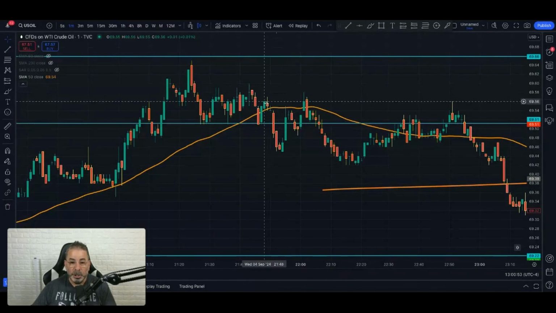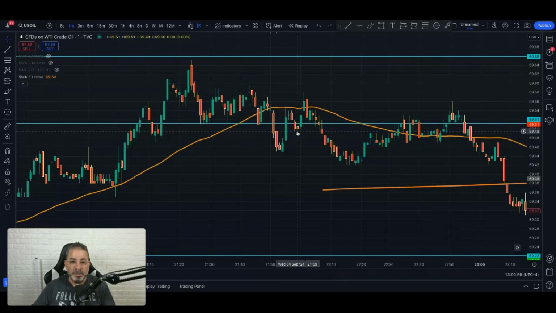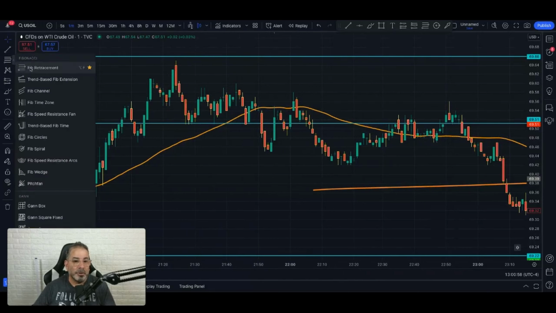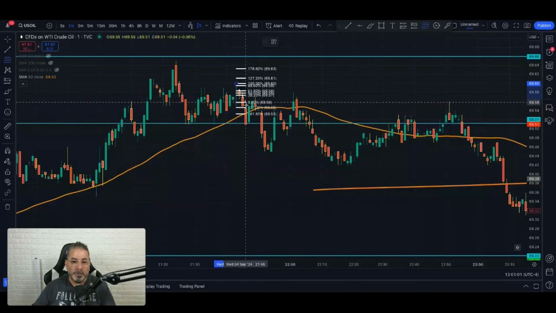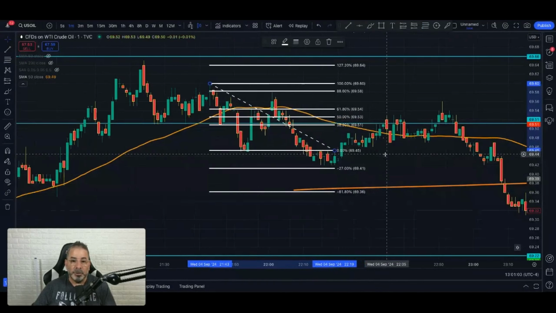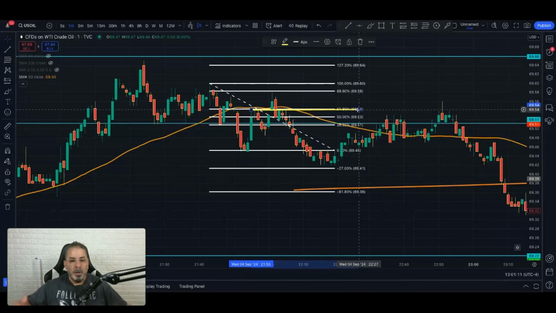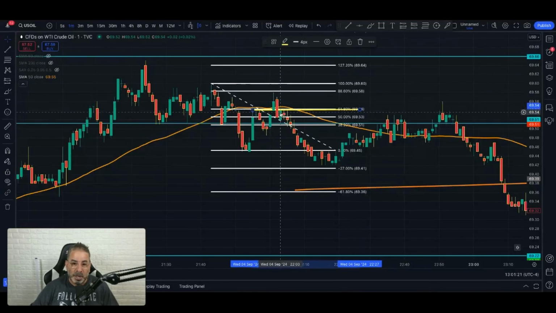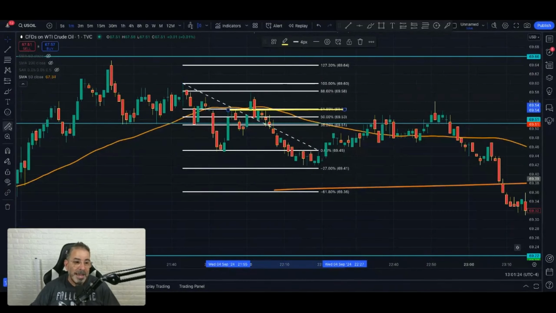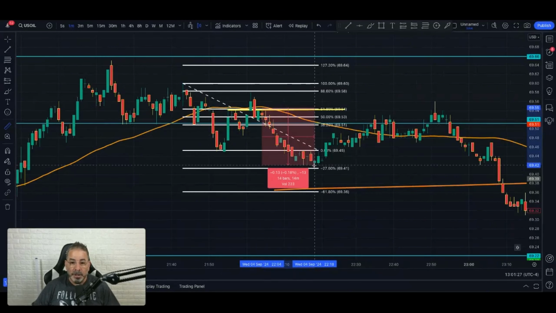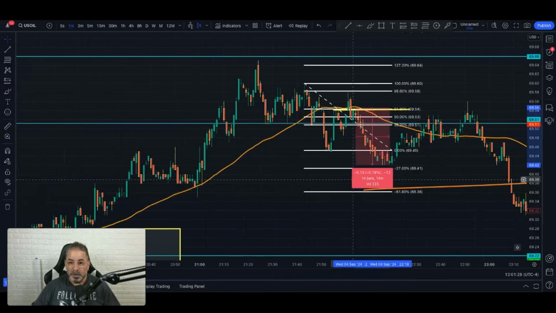So price here closed below the 50. Price is moving up. Now you start saying, okay, where did price come from? It came from here. It went down here. There's our Fibonacci. This candle closes below. It meets the candle. So you see how everything starts putting together? We're below the 50 was our first clue. It had just done a massive uptrend. But now we're below the 50. It did a retracement. We threw a fib. We waited for the candle to close. The candle is below the 50. And now we're running 13 points to the bottom side.